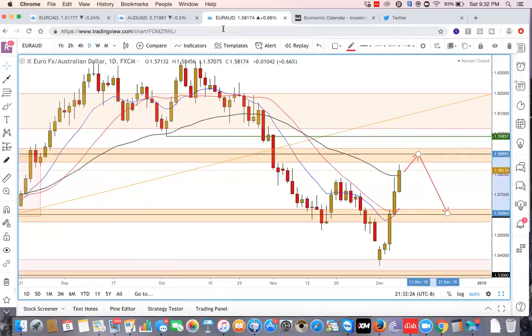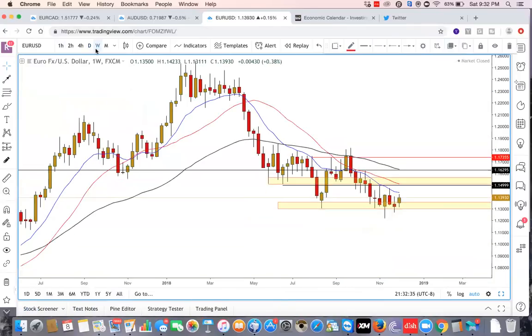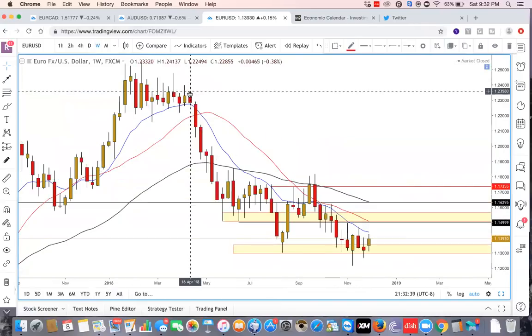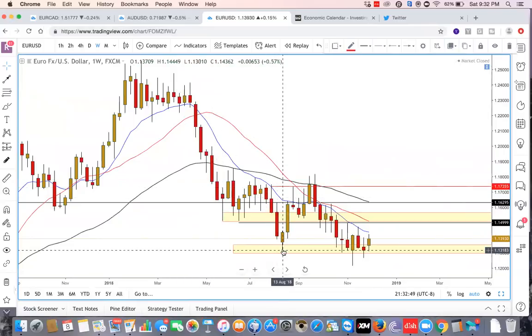So the next pair I'm going to go over is going to be Euro USD. So let's start Euro USD off on the weekly chart. As you guys can see, from April 2018, we had a sharp decline. Price pulled all the way down towards 116, consolidated, and then dropped all the way down to 113 around August